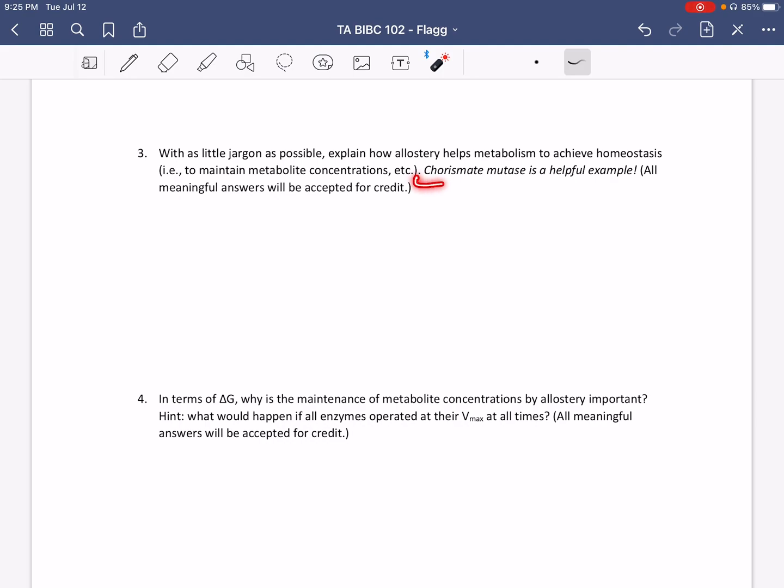And there is a great example with chorismate mutase, where we had, hopefully I do this well off of memory, chorismate turning, catalyzed by chorismate mutase, into prephenate,